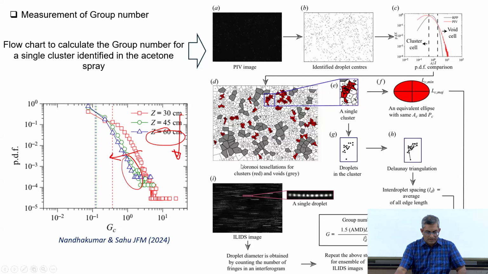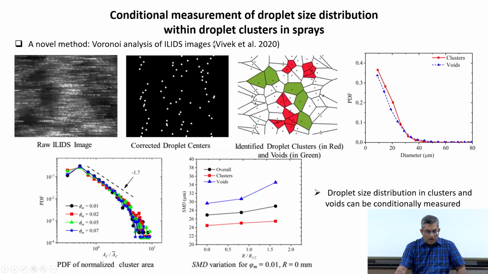Okay, so, that is what is interesting. Finally, as I just mentioned, if we use Voronoi analysis of the PIV, then we can identify and characterize clusters, but we do not know the size distribution in clusters. So, that is why we developed a method by applying Voronoi analysis to the ILIDS images, because in ILIDS images